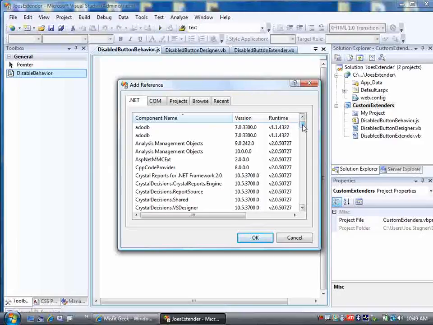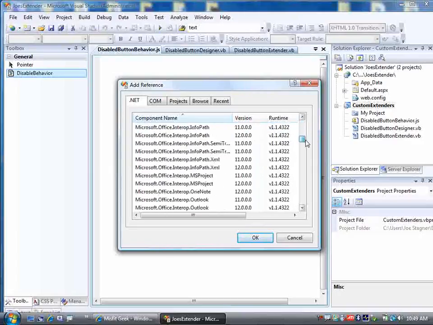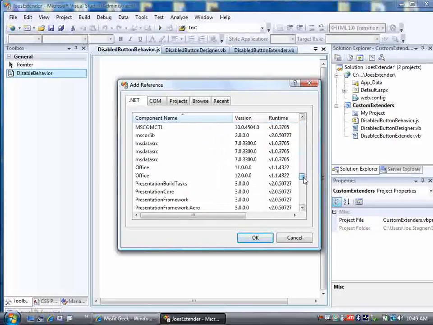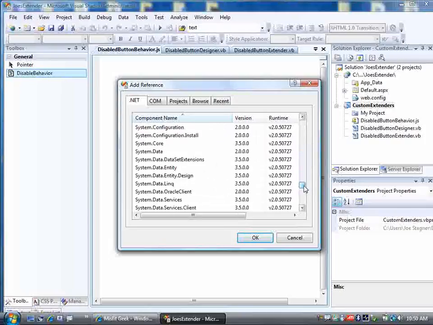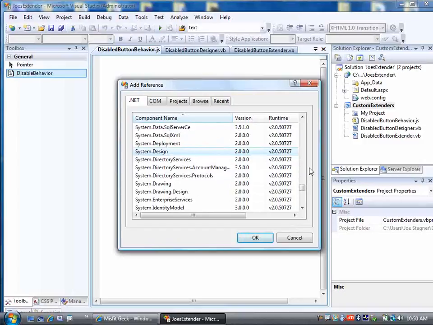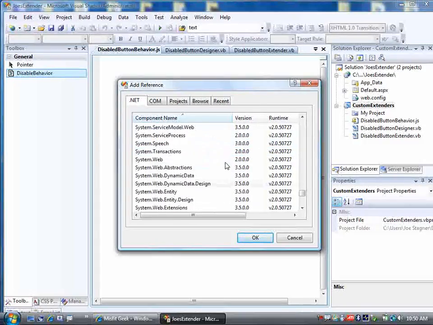So we're going to need a collection from the system namespace. Let's go down and find system, and the first one we're going to need is system design, so let's grab that. Then we're also going to need system.web, so let's grab that one. I'm just control clicking to get each of the ones that I need. Now we're also going to need